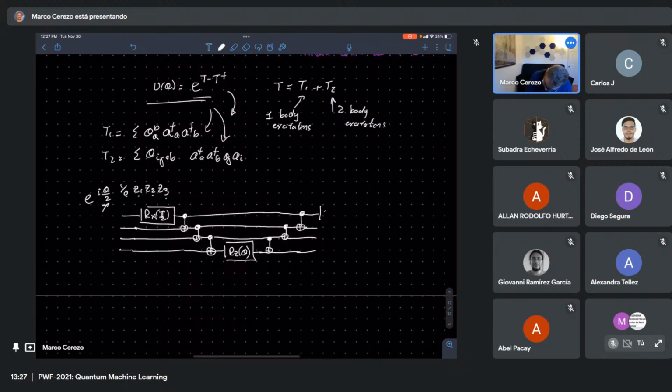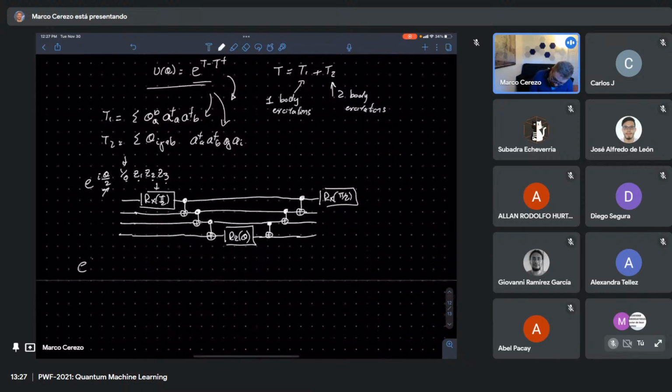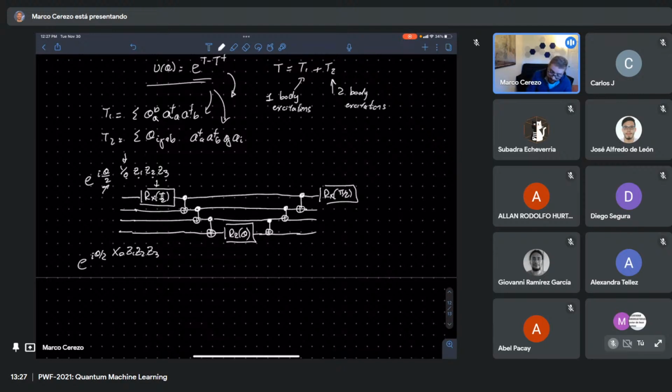And then I need to do here an Rx of pi over 2. You can see that this Rx right here, what is it doing? It's literally changing the Z basis to the Y basis. If I had here something that looks like I theta over 2 x naught Z1, Z2, Z3, what do I have to do to change from the Z basis to the X basis? I have to do a Hadamard. So the circuit for this unitary right here would literally